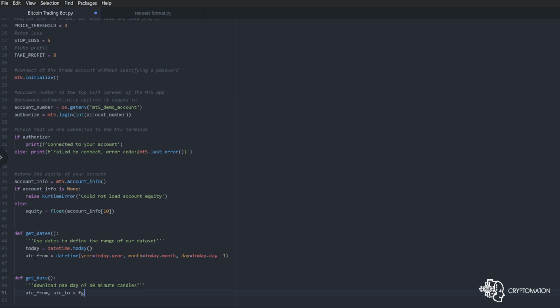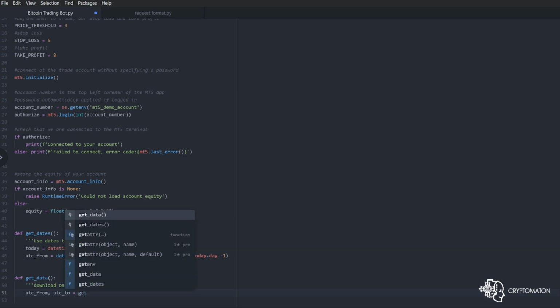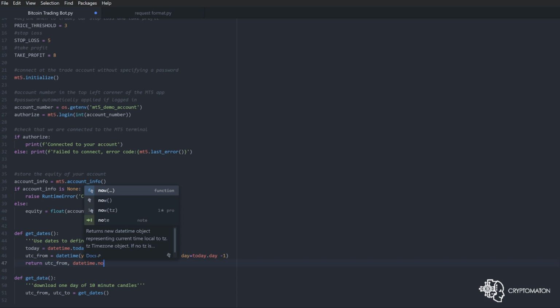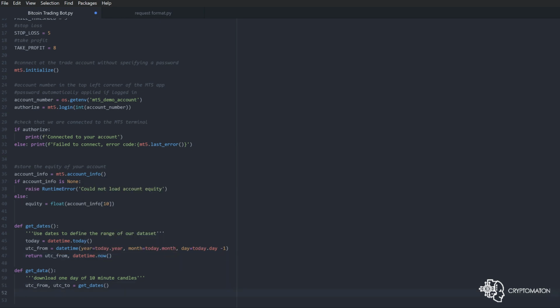So we'll need to return back to the getDates function in order to return the values that we need. So we need UTC from and datetime.now. The datetime.now function returns the datetime as it is right now when the function is being called. So it's really useful when you need to work with real-time data. Now go back to getData and return